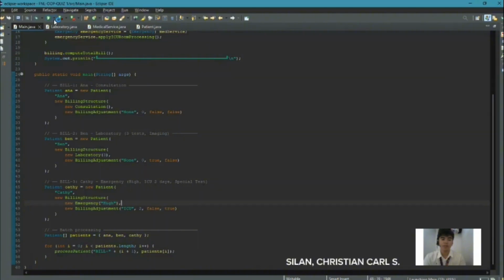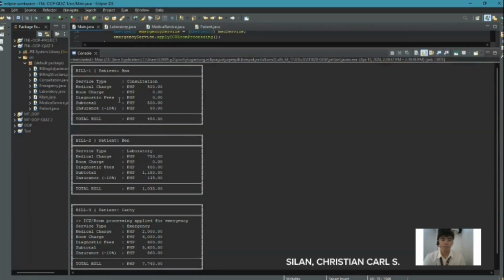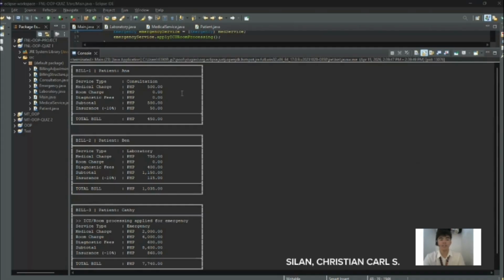to the output of our program. This is the output of our program. On the first box, this output demonstrates the system's ability to process the consultation service type for the patient named Anna.